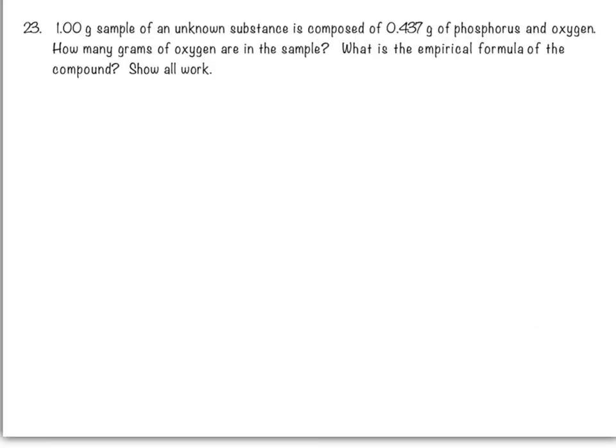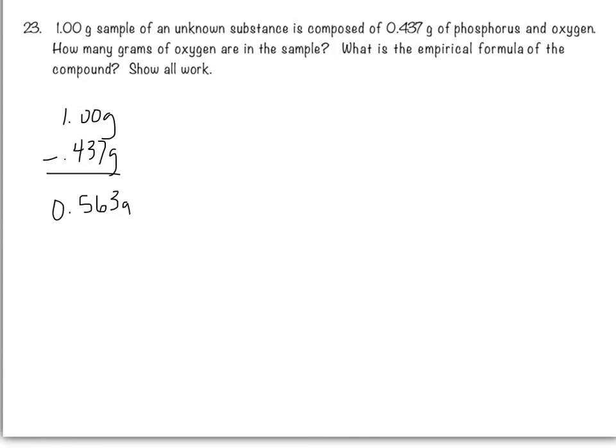This is a very similar problem. The only difference is that I was given the mass to start with. Actually, I was only given the mass of phosphorus. I do not know the mass of oxygen, but that's easily solved because I know that I have a total of 1 gram of the sample. And if I subtract the 0.437 grams of phosphorus from it, I find I have a remainder of